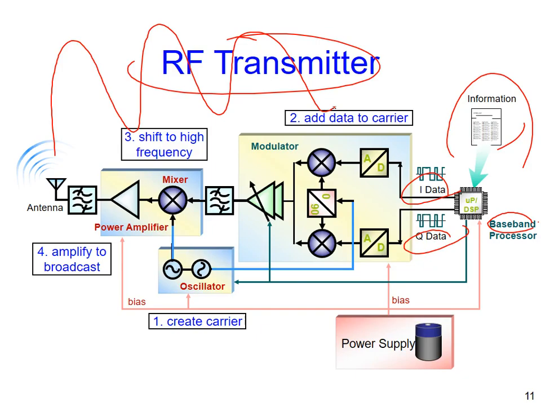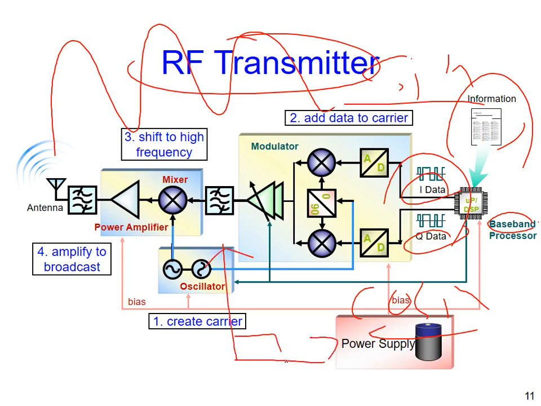But after humankind figured out, wow, sine and cosine are orthogonal, I mean the phase difference is 90 degrees, so if you multiply sine by sine, you will get the original signal. But sine by cosine, because they are orthogonal to each other, you will get 0 after low-pass filtering. So it means you can transmit two data streams at the same time with the same carrier frequency.